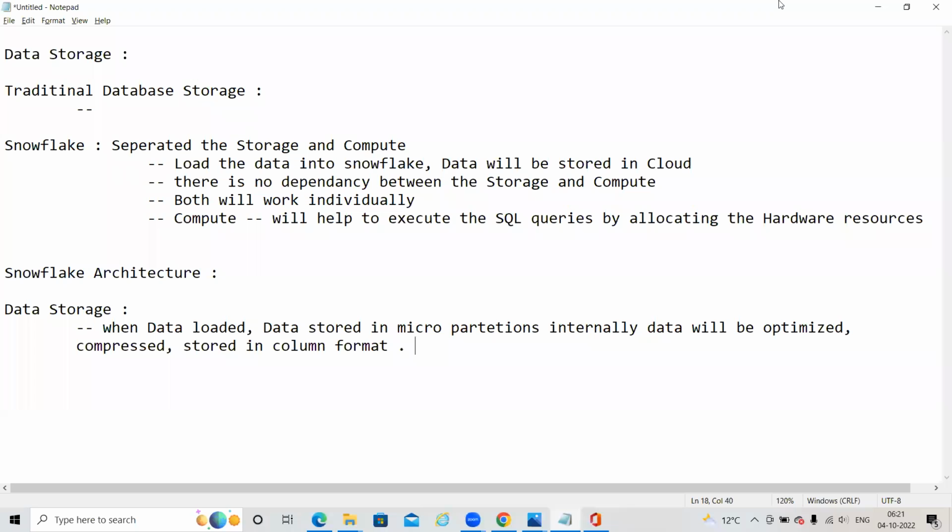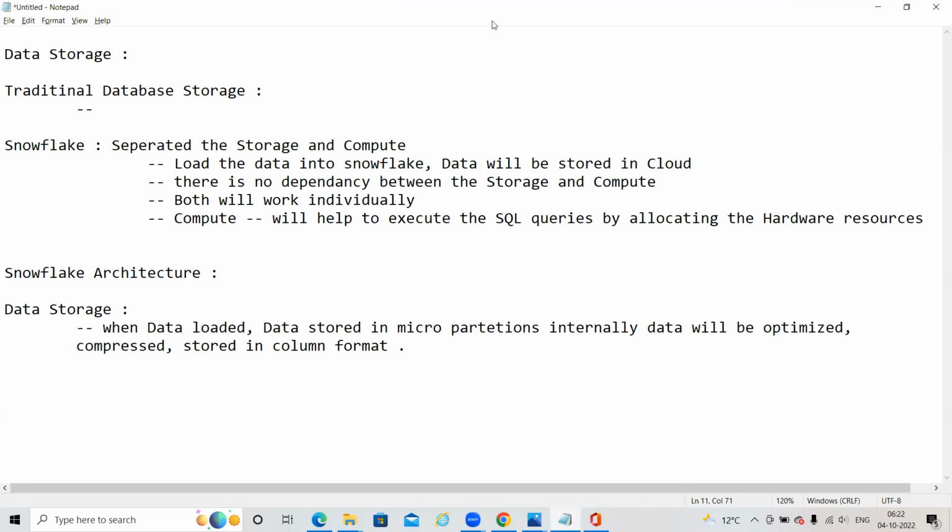Does anyone have an idea what this columnar format is? Like, usually the data will be stored in row format. Nowadays it is stored in the column itself for faster access, something performance related, I heard. Not exactly.